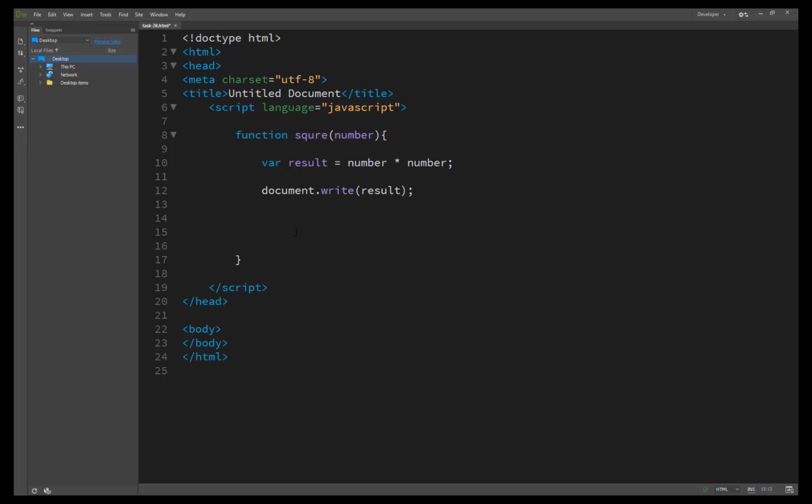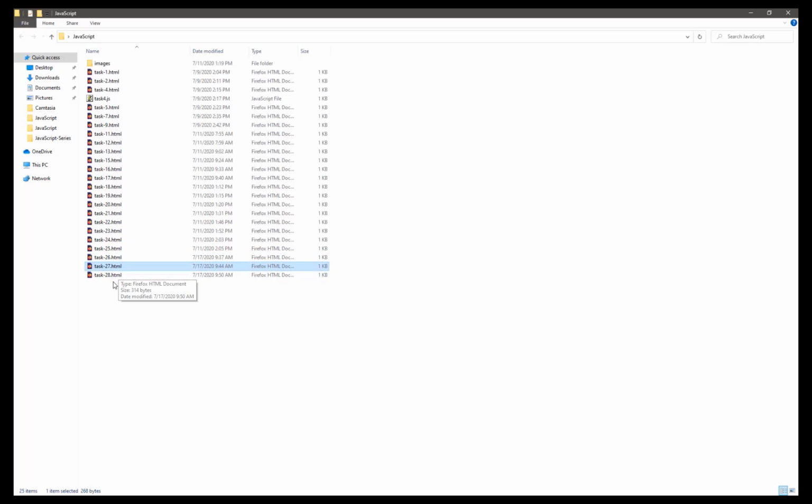So here we go and pass a number, and let's suppose square is our function first of all, and this is the basic method of calling any function. And here we pass in an argument like 10, and now you will see the number is 10. So automatically the number value is 10, and the result value is 10 multiplied by 10, which is equal to 100. So we have saved it.